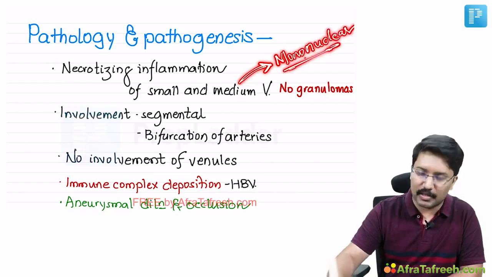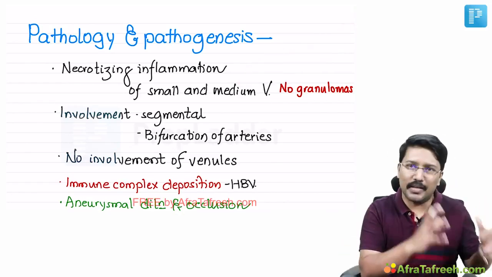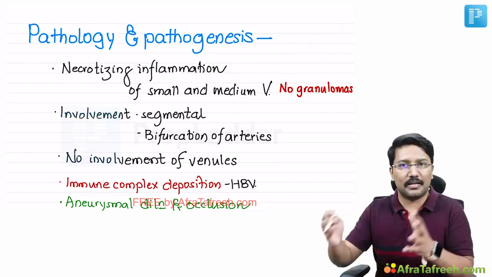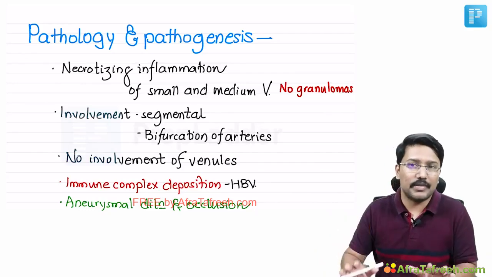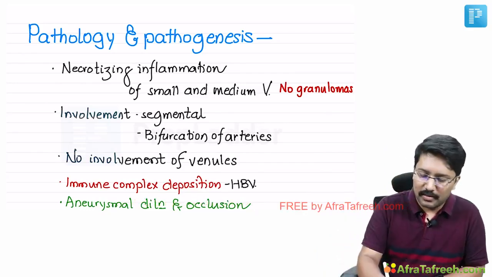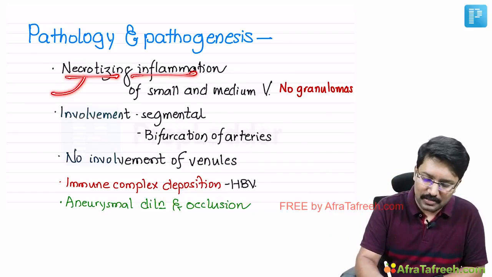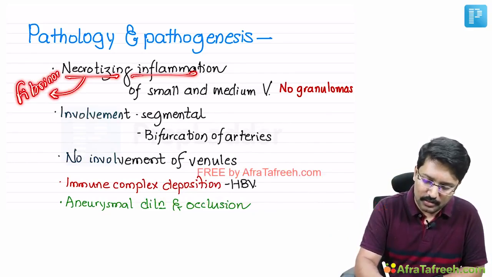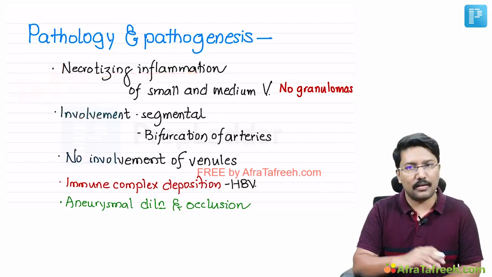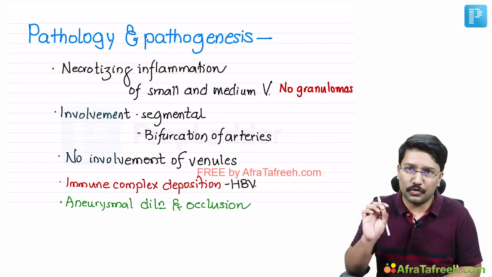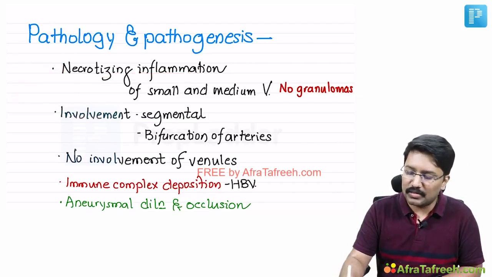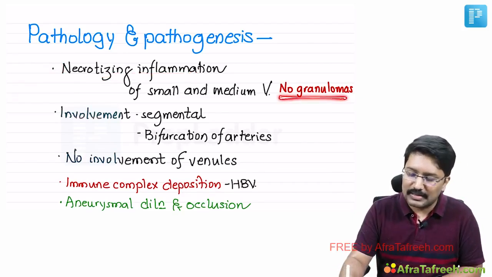Mononuclear cells in the later part of the disease. But beginning with the neutrophilic inflammation and later with the lymphocytic infiltration, what are we seeing? Finally, there is necrotizing inflammation, and this necrosis is typically fibrinoid, right? Fibrinoid necrosis. Okay. And furthermore, we should be aware that generally we don't see granulomas, which sets it apart from